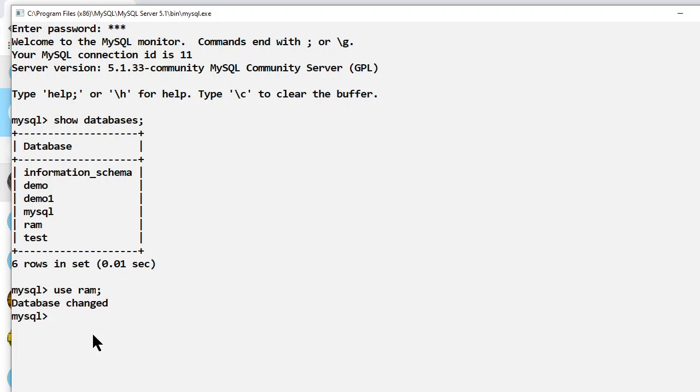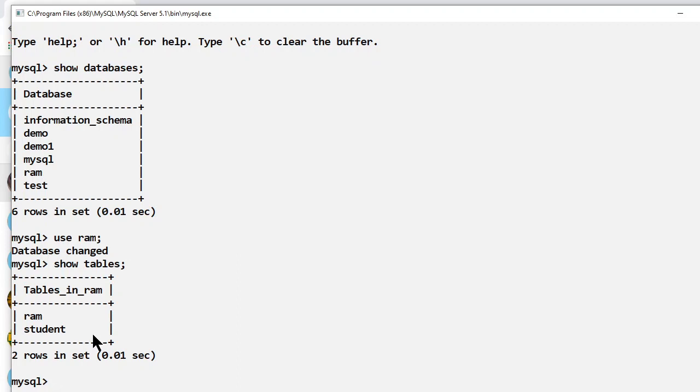I don't know how many tables are inside that RAM, so I will write the command show tables. It will tell how many tables are created inside the RAM database. So there are two tables, one is RAM and the second is student.